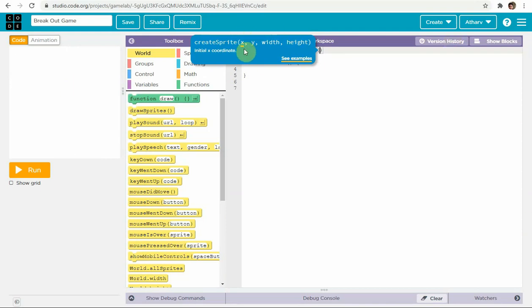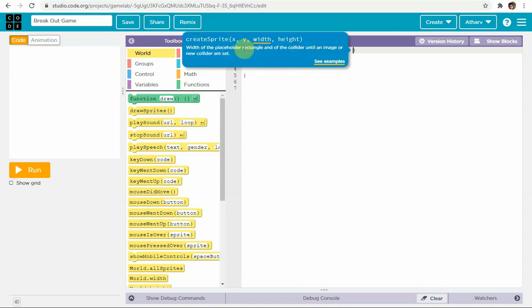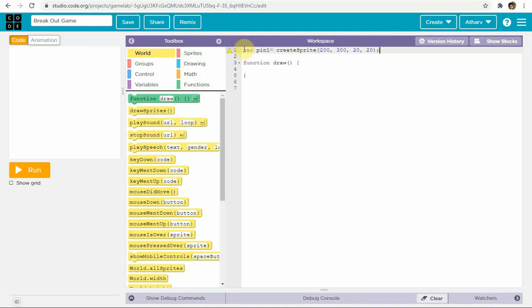We want this to be here, 200, 300. The height and the width will be 20 and 20 each, so as to make a square. This breakout game is also called the squared game. Here the ball will hit the edges and it will bounce from here, then here, and then here. You might have played it.